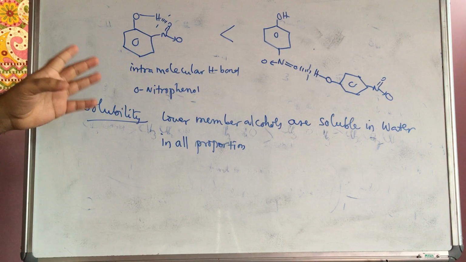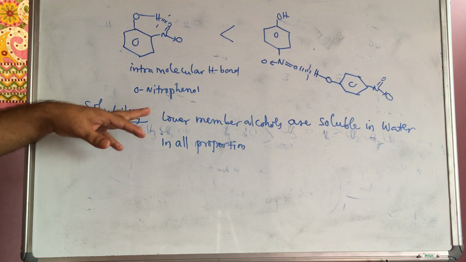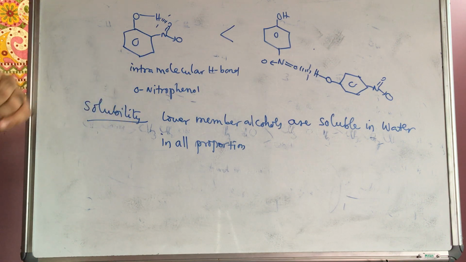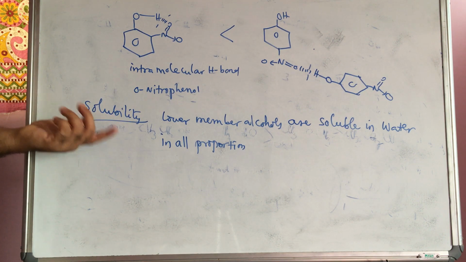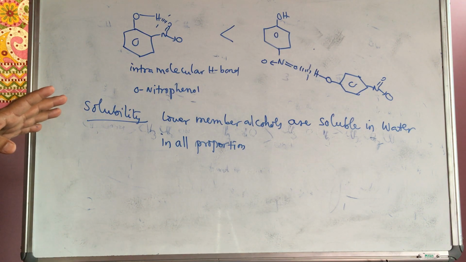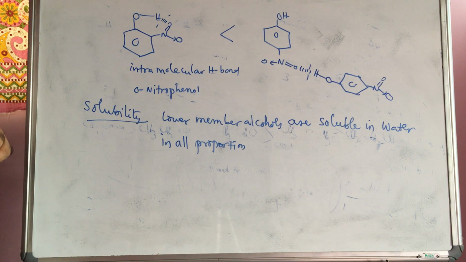For boiling point, keep in mind the three factors already given. Another is polar nature, and solubility also depends upon the polar nature. If the hydrophobic part increases, it is less soluble; if the hydrophobic part decreases, it is more soluble. If hydrogen bonding increases, it is also more soluble. Hydrogen bonding is one of the factors responsible for solubility. Thank you very much.